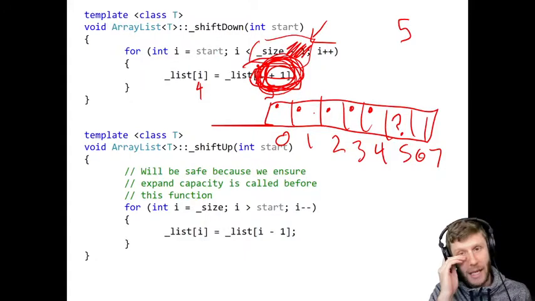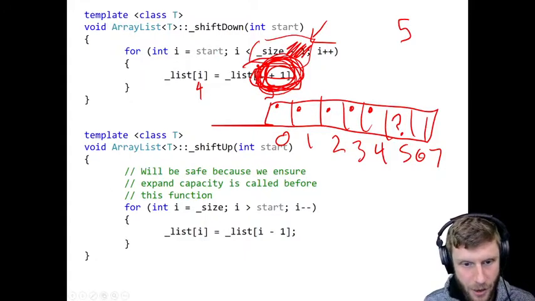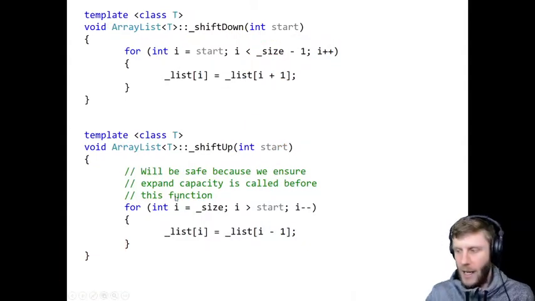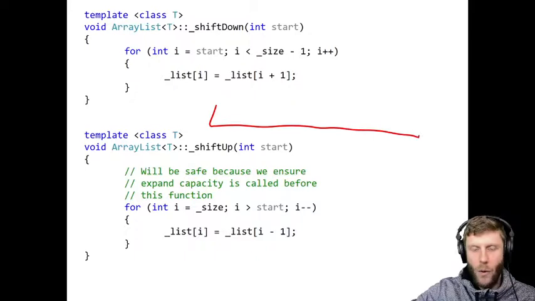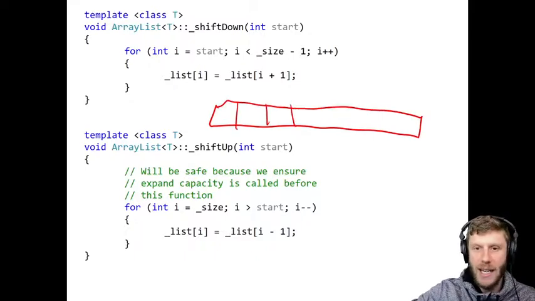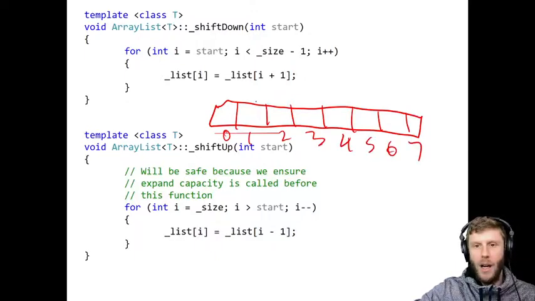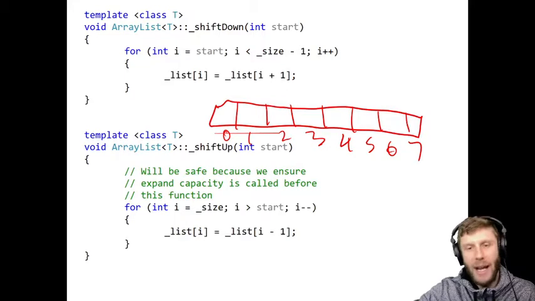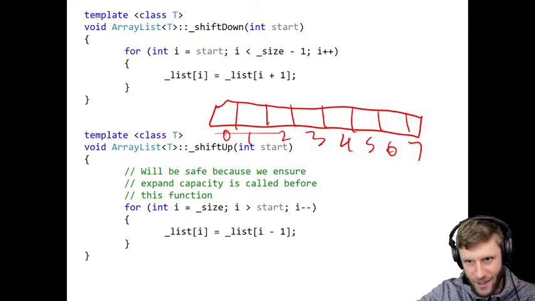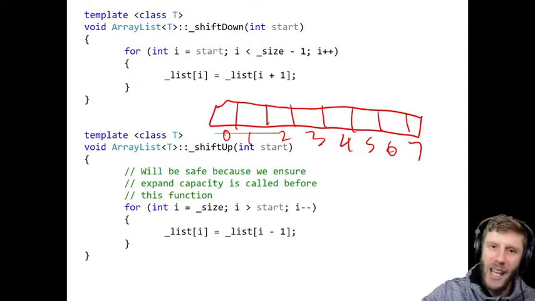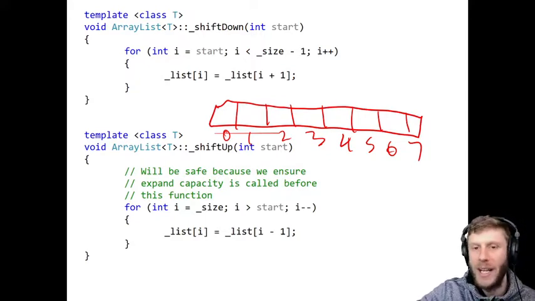And if you're ever thinking of this again too, another thing I like to think about is whenever you're doing something between 0, 1, 2, 3, 4, 5, 6, 7. Like if I asked you how many things are in this array, you would say 8, right? 0 through 7. But, you know, this loop isn't so much putting its finger on each thing in the array